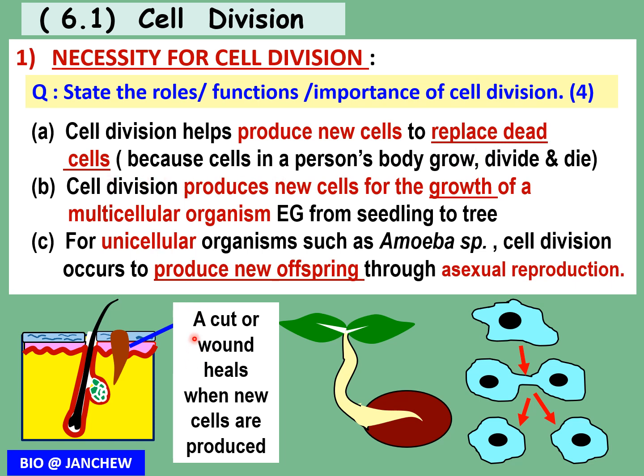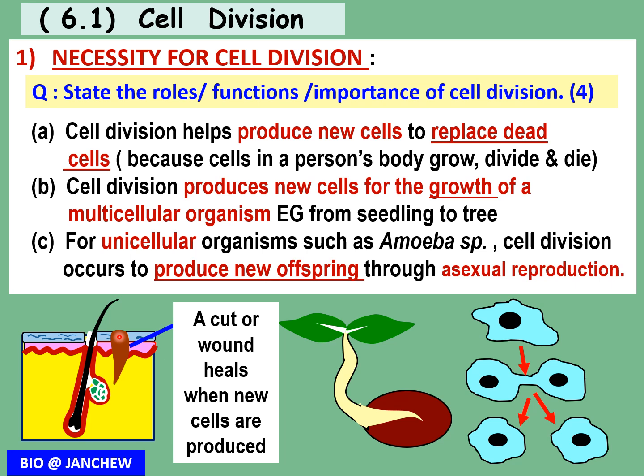Okay, so for a person who has a cut or wound on the skin, if he wants the wound to heal, he has to allow his body to produce new cells and slowly close up the wound. As you can see in the picture of the skin here, there is a layer colored red underneath the top layer of skin cells. This layer is able to carry out cell division to produce new cells to heal the wound. Produce new cells that will slowly cause the wound to close up, as new healthy cells